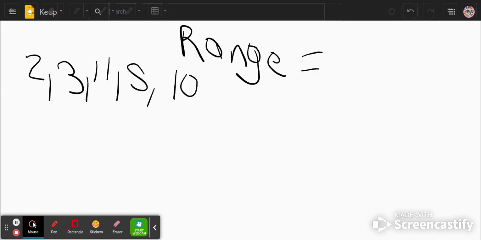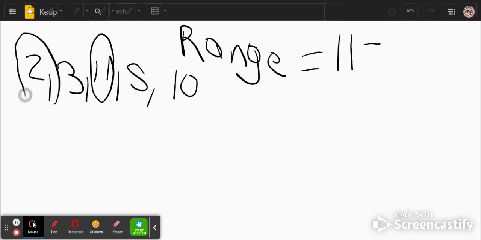What would be the highest number? The highest number would be 11, right? Minus the lowest number, because the range is the difference between the lowest and the highest number, right? So the lowest number is 2. So therefore,